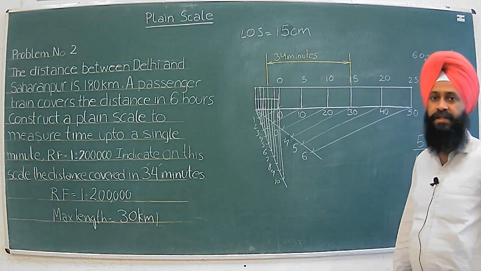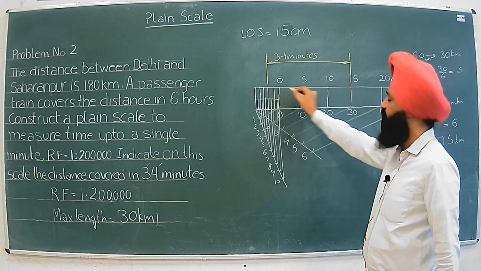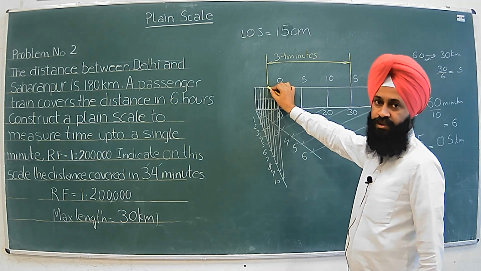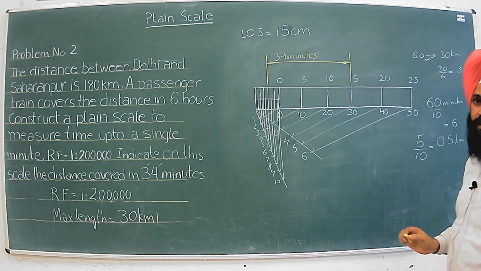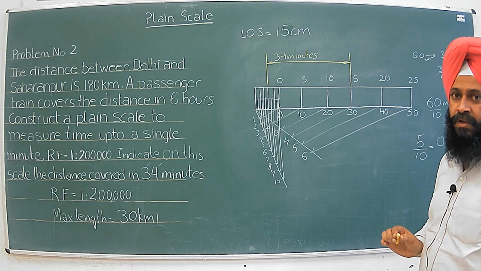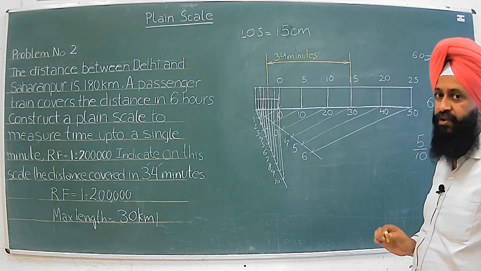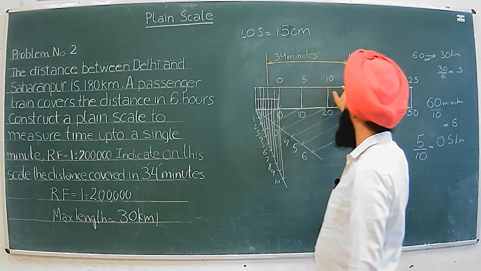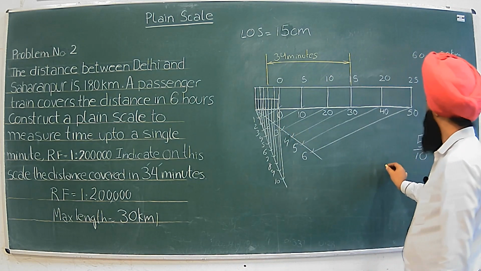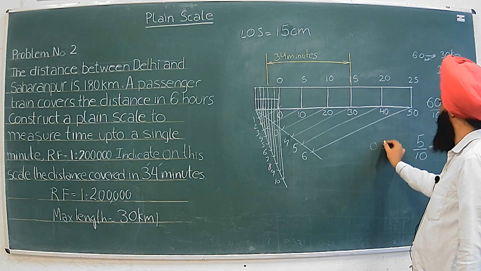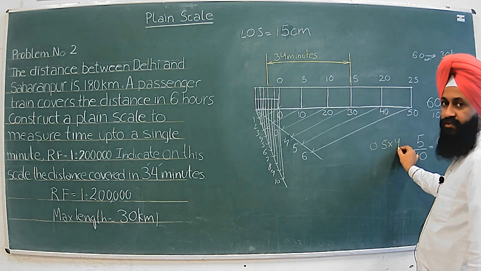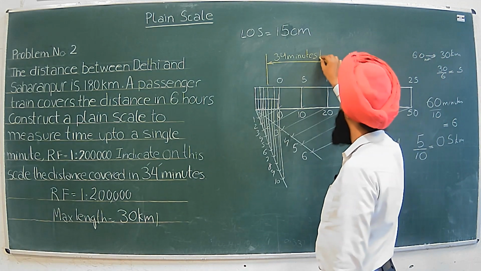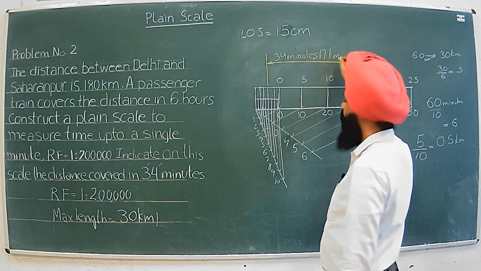If we want to find out the distance, it is 15 over here. From here to here is 15 and we are on the 4th division, and each small division is representing 0.5 kilometers. So it comes out to be 2 more kilometers. Here we have 15 kilometers, and each small part is representing 0.5 kilometers and we have taken 4 divisions from it, so it comes out to be 2 kilometers. 15 plus 2 is 17 kilometers.